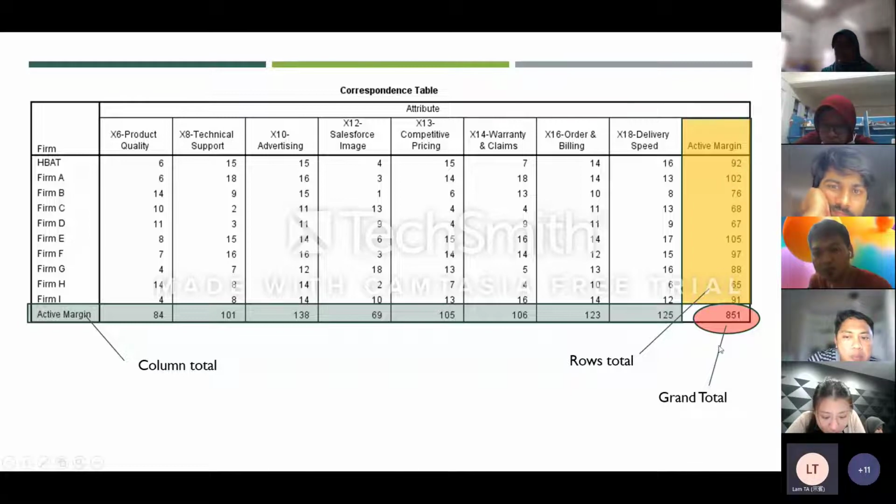We sum up all of this, we end up with 851. We sum up all of this, we come up with 881. So the